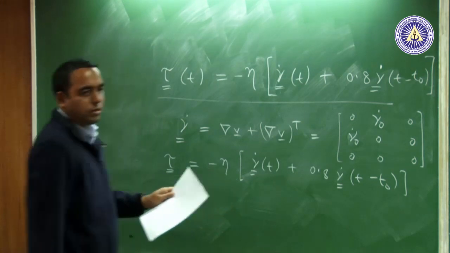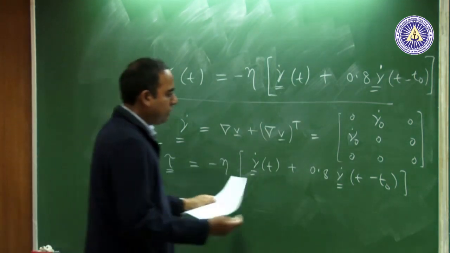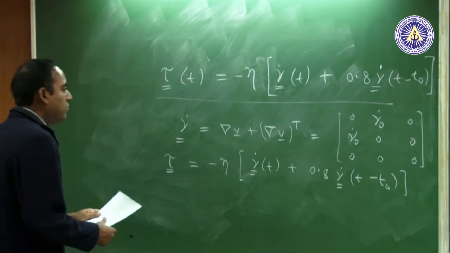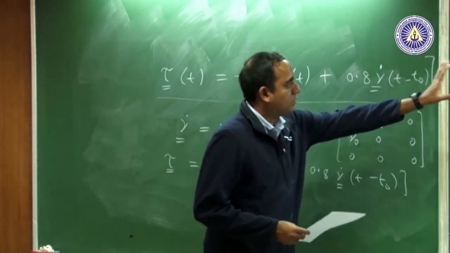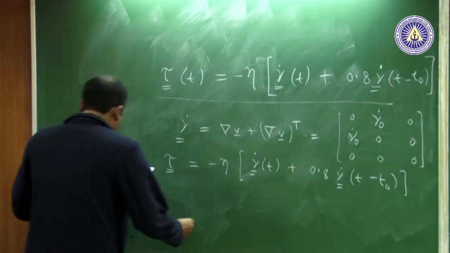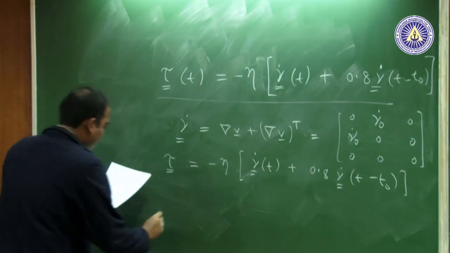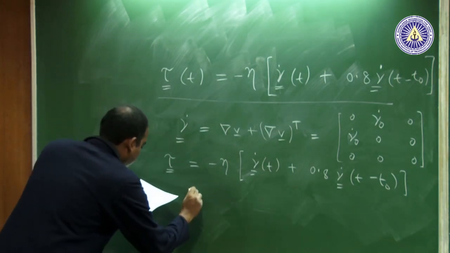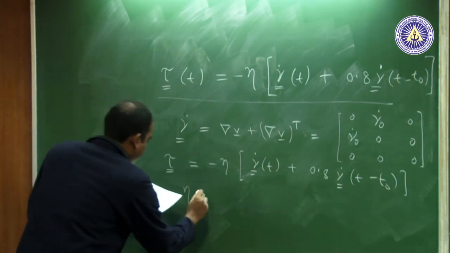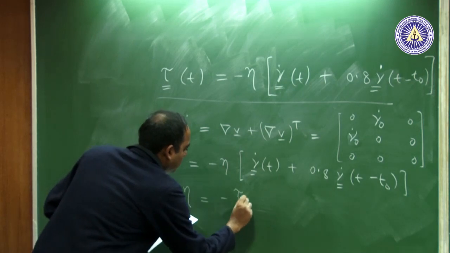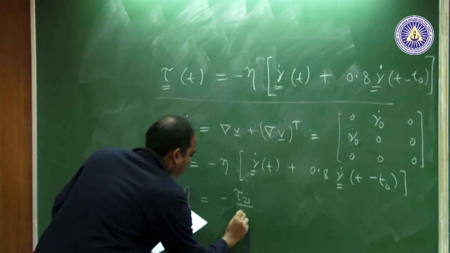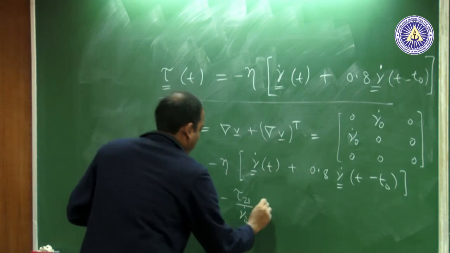As of now t 0 is arbitrary, it is some time which I still do not know. I am just trying to include one more term, so that the memory effect comes up clearly. And then, if you take the material function for steady shear, which is the steady shear viscosity, it should be